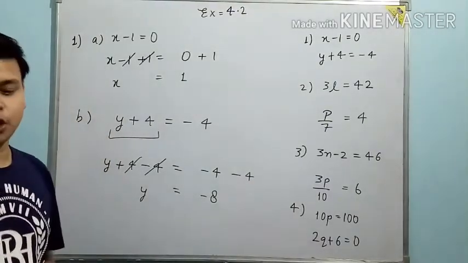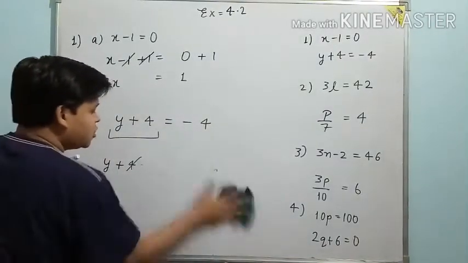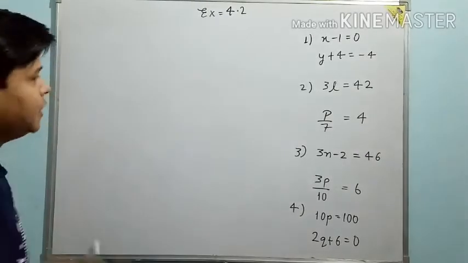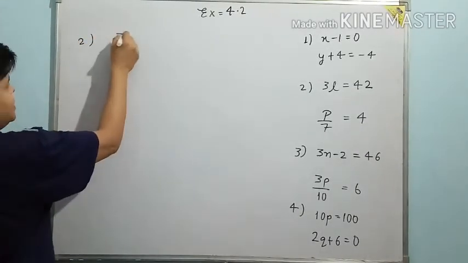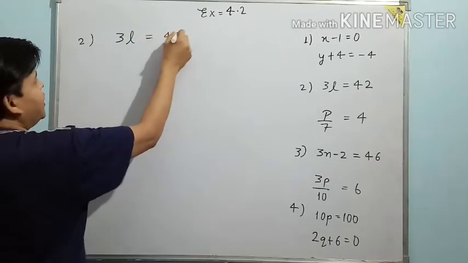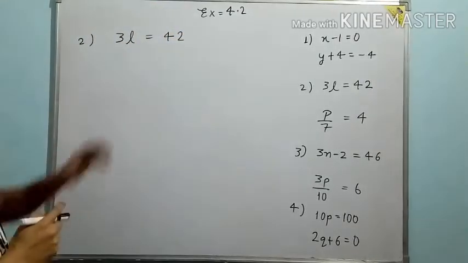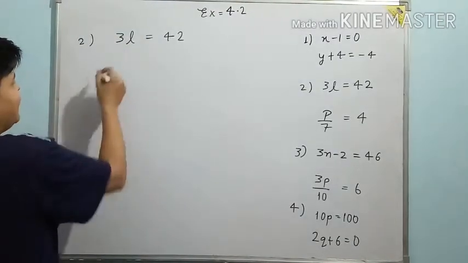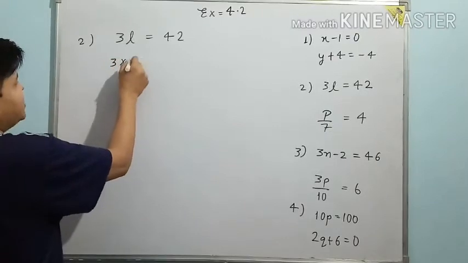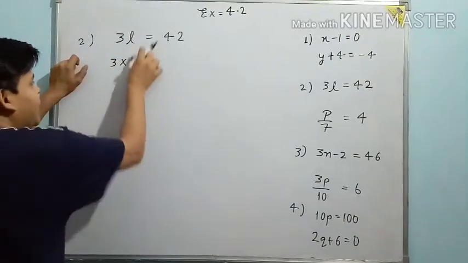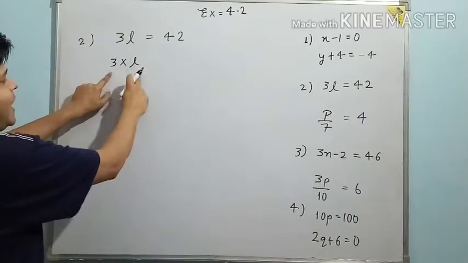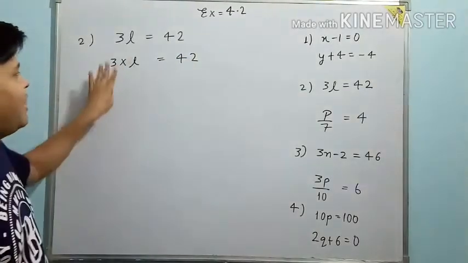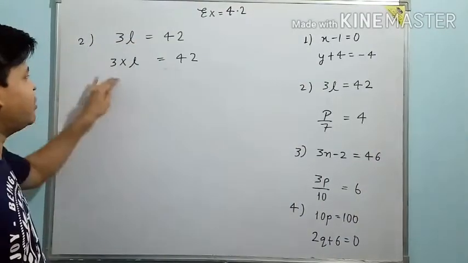Next is question number 2. So question 2 is also similar to this, as I told you. Like 3l is equals to 42. So l is the variable here. What is the variable here? L. So as you all can see, this l and 3 are multiplied by each other. 3 and l, this is l. So here 3 and l are multiplied. So first of all, I have copied the same. मैंने जैसा दिया था वैसे ही क्वेश्चन लिख दिया यहाँ पर.